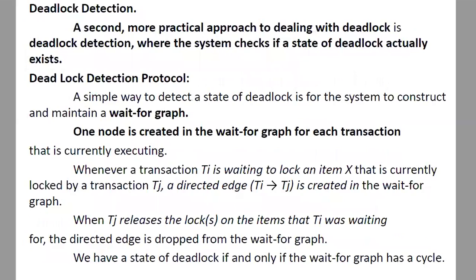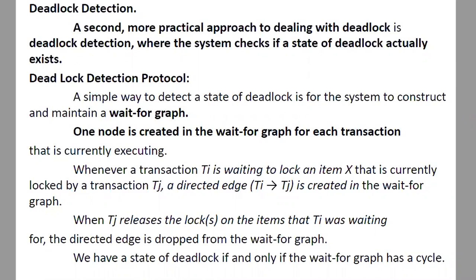Now the next one is deadlock detection. In the previous model we have seen deadlock prevention, how you can prevent the deadlock. There are various protocols you can apply to prevent the deadlock, but here we are going to talk about deadlock detection. The detection means that once something happens, you will check whether it has happened or not. You are just going to find out whether the particular thing has happened or not. That's what detection is, right? So here you'll be checking among the transactions if there is any deadlock.